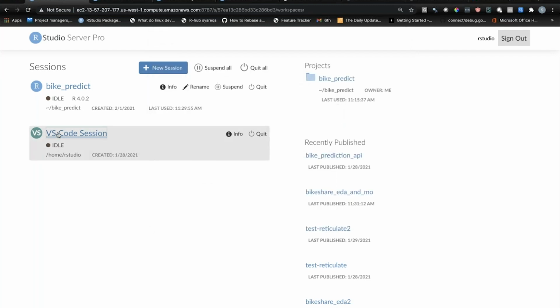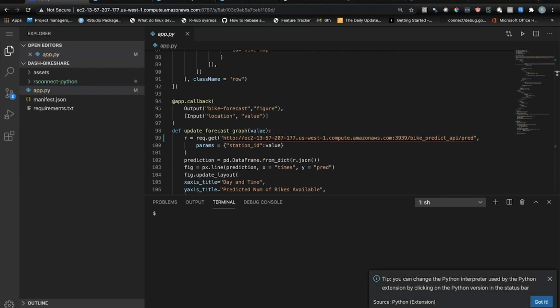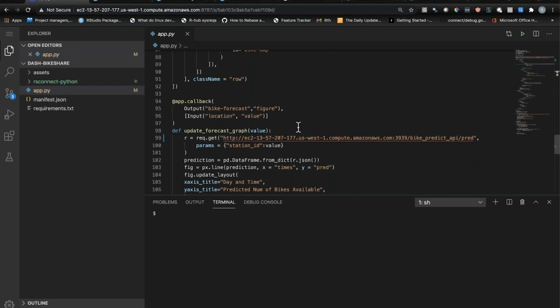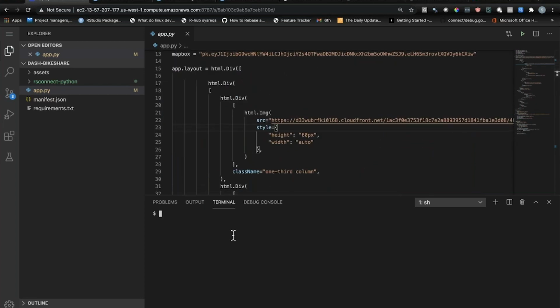If I open up Visual Studio Code, the last thing I want to show you here is just how easy that deployment of an API or an application is. So inside of VS Code, again, I'm working off of that shared common Python environment. So it's easy for me to collaborate and automatically get the right Python environment as all my colleagues. I have my code here for a Dash application. And then all I need to do to deploy